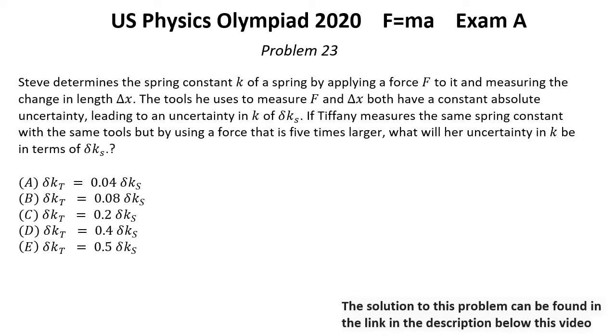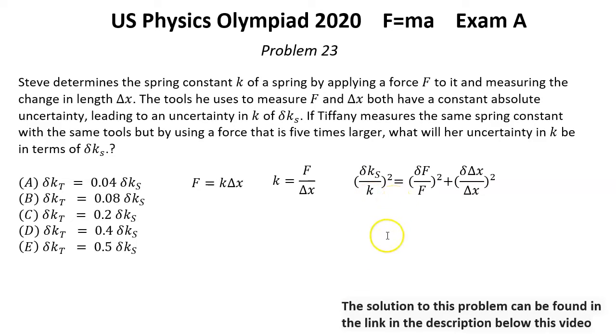Solution for problem number 23. First, let's write Hooke's law for this spring. We have force F equal to spring constant K multiplied by dx, the change in length. From here, K equals F over dx. And we can count in that case what is the relative uncertainty for measurement of K, and this is the one for